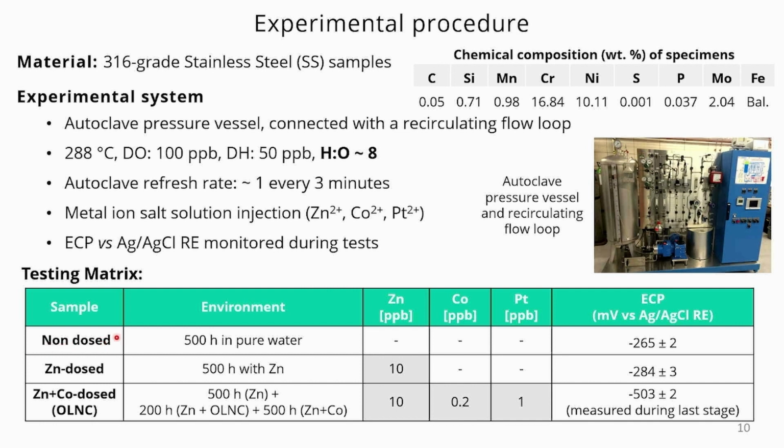So we have a non-dose sample oxidized in pure water, then a zinc dose sample exposed to the injection of zinc, and the third sample is a zinc plus cobalt dose sample subjected to 3 consecutive oxidation stages. So stage 1 was exposed to zinc injection, stage 2 was exposed to zinc coupled with the AlignableChem treatment with the injection of 1 ppb of platinum, and stage 3 was exposed to zinc and cobalt